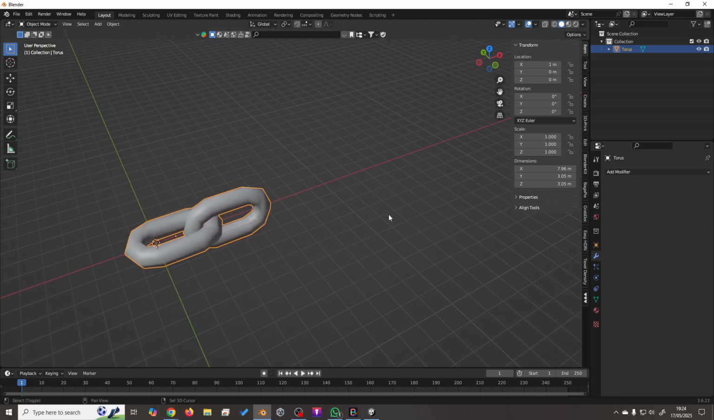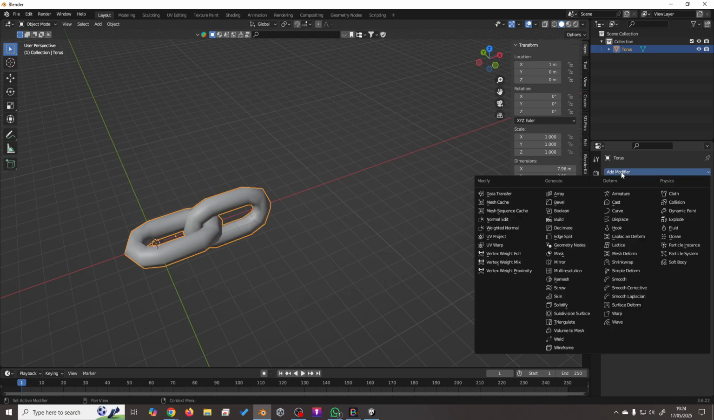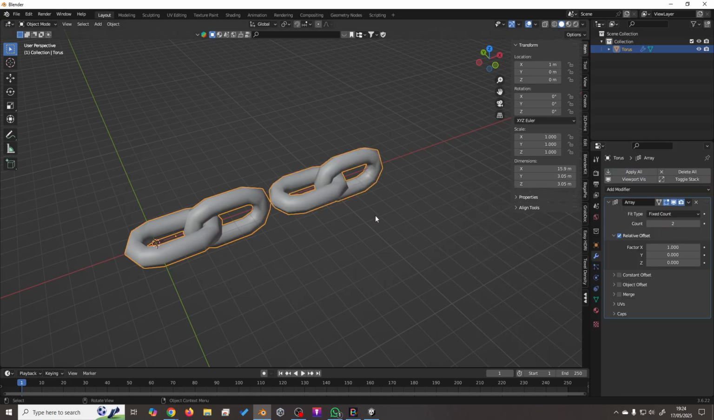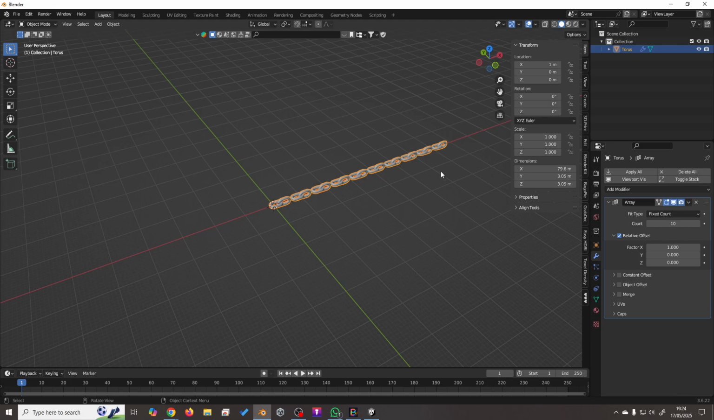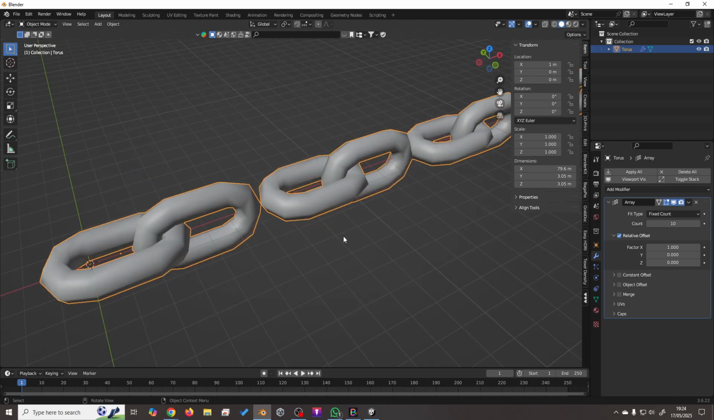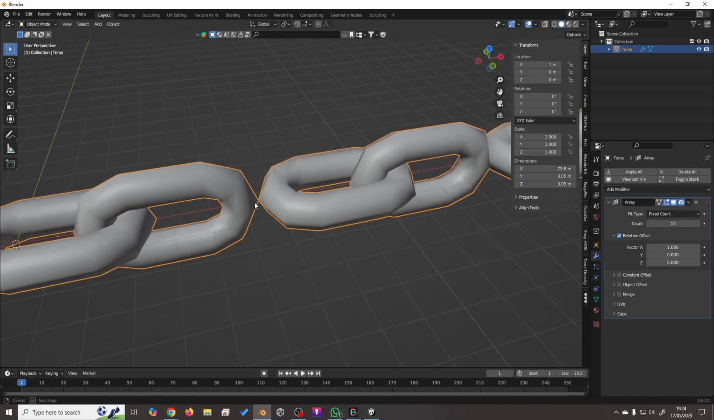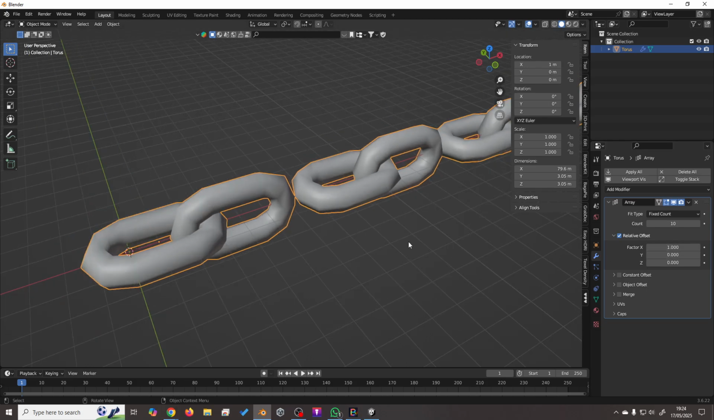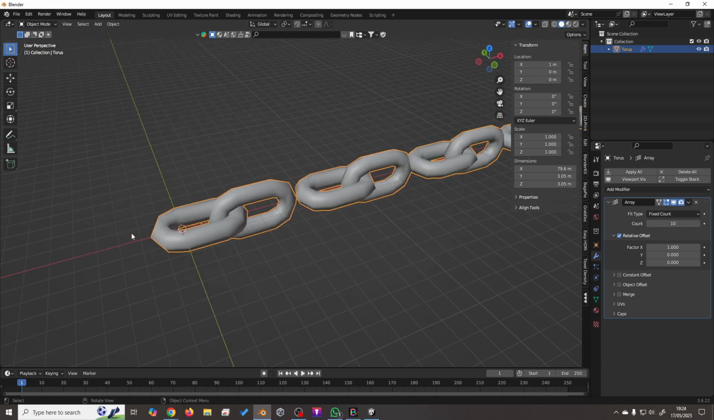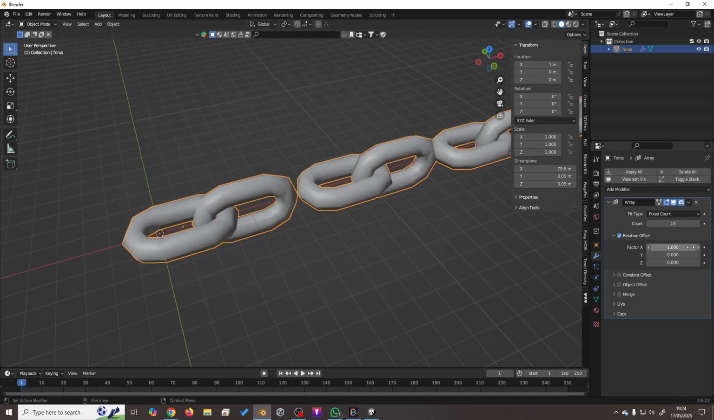And then to make a full chain, I'm going to add an array modifier. With the array, you can decide however many you want. So I'm going to have 20 links, which is 10 instances of 2, sorry. But these are not lined up correctly, so we need to move this factor. It's set to a factor of 1, so it's exactly 1 length in between. Like each one has got a factor of 1. If you had a factor of 2, you would have